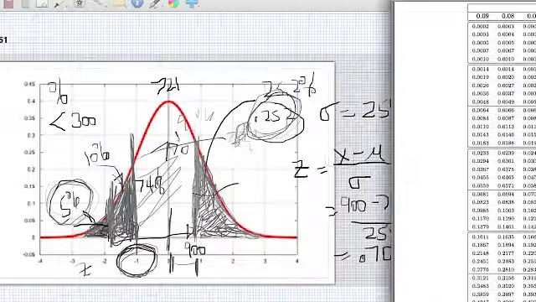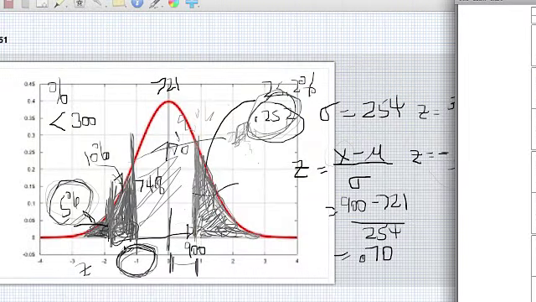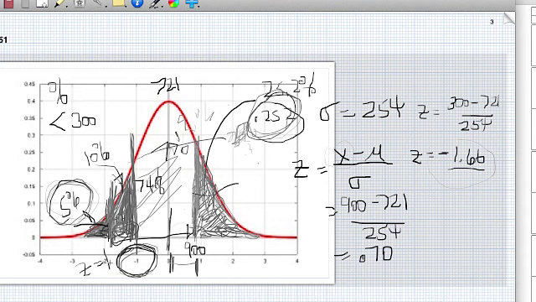Okay, so now I can go back here and say, well, this has a z-score equal to 1.28. So what's the value? Well, I can back calculate. 1.28 is equal to x minus 721 over 254. And since I know everything except the value itself, I can solve for x and find out what that value is. Easy way to do that usually is to cross multiply